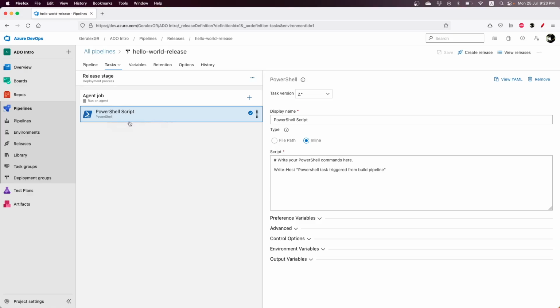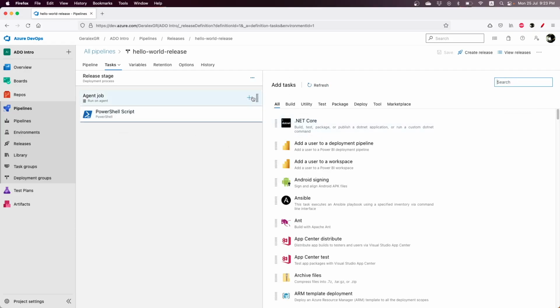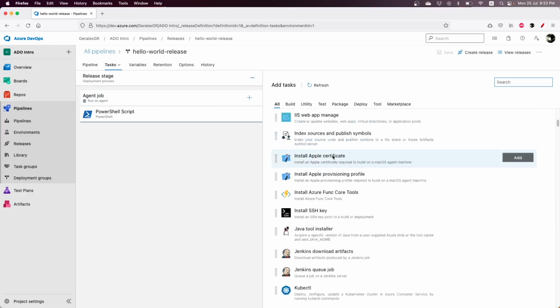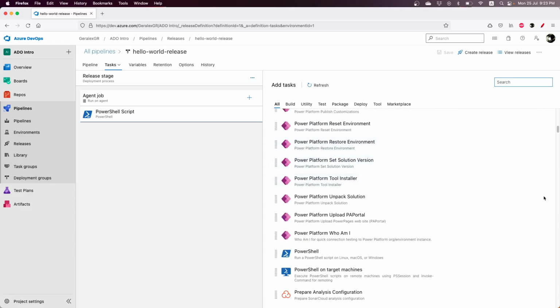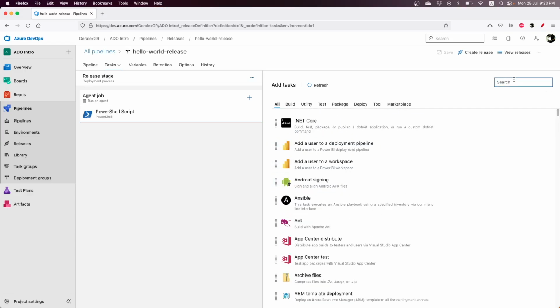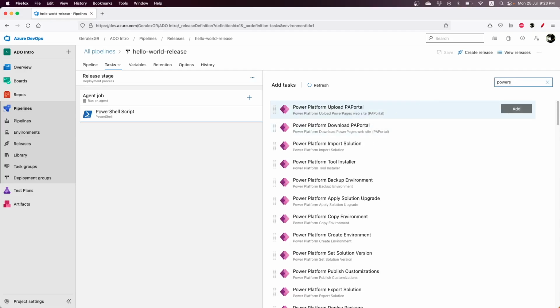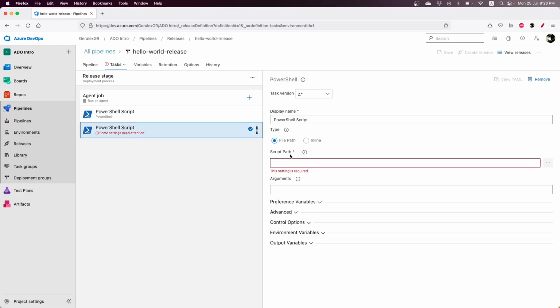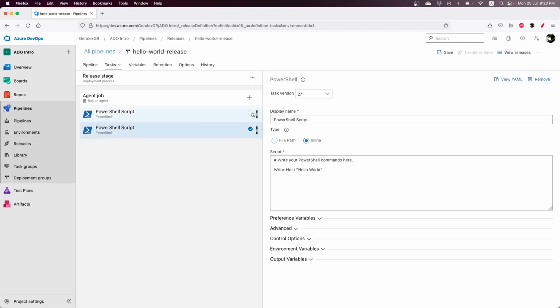Right now I only have one task that will run, and this task is a PowerShell script. We could add more tasks by pressing the add button, and we could select from a variety of built-in tasks that are available. In our case, I searched for PowerShell and added it to our release pipeline by pressing the add button and choosing the inline script. Right now I will remove this task, and I will only leave the one task that I have defined